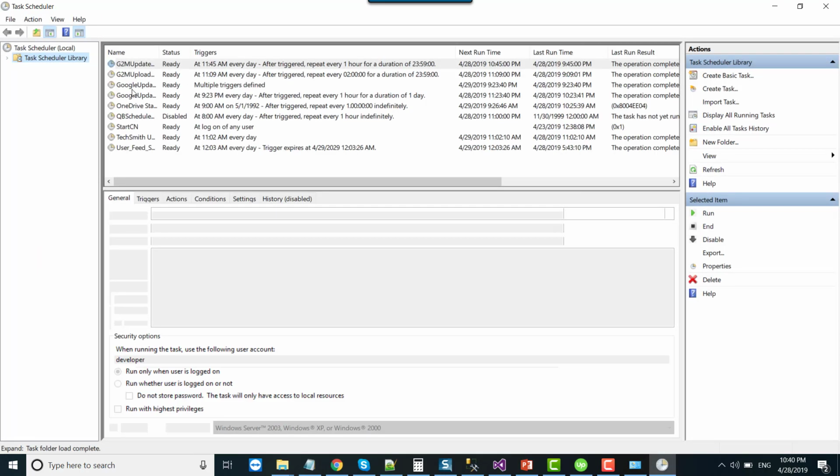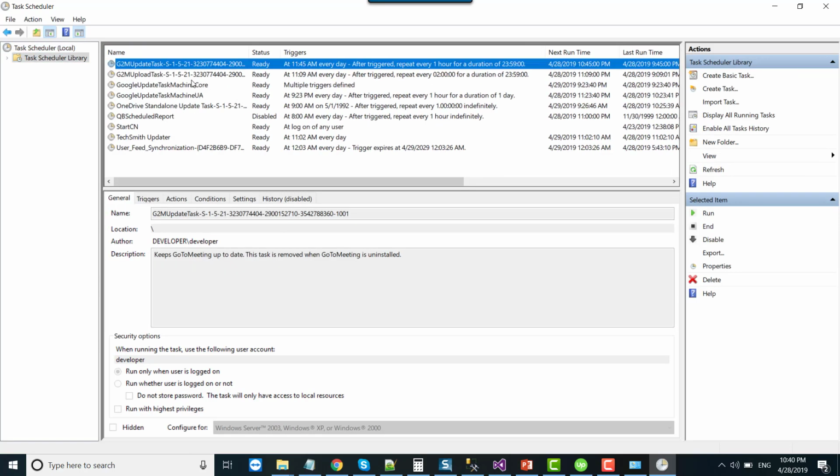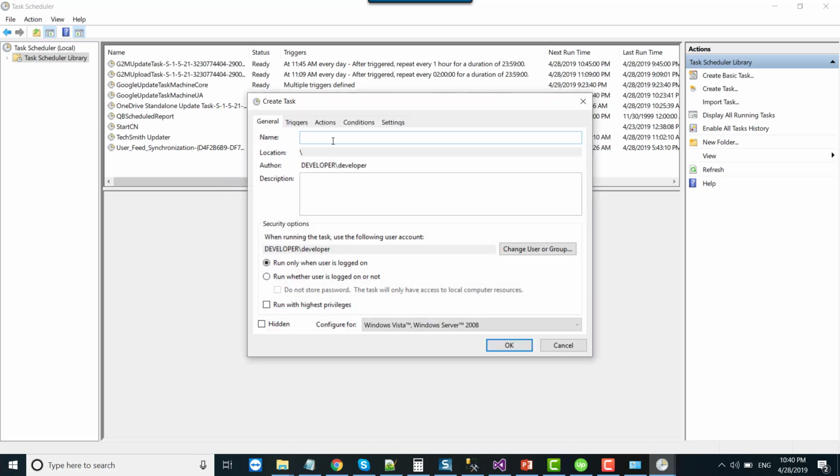Right click on Task Scheduler, open. The Task Scheduler will open, and then click on Task Scheduler Library, where the list of all created schedules is displayed. To create a new task, right click on it and choose Create New Task, and inside name you can give a name to this task.